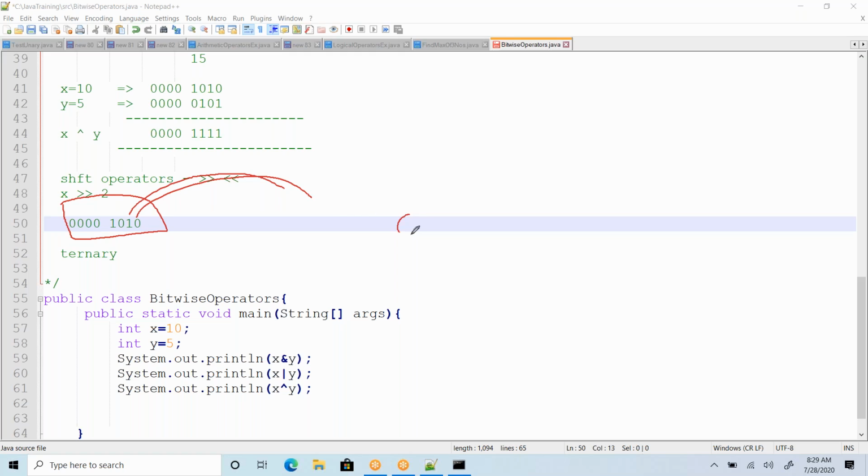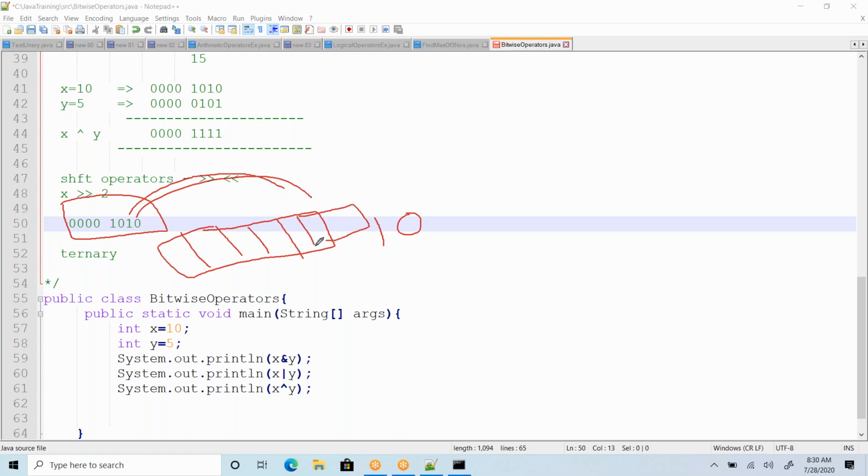So meaning that I'll get a 0 and 1. It will be moving in this direction, right? So we are going to lose these bits, and it always has to fill up the 8 bits format. It should be 8 bits: 4, 5, 6, 7, 8.